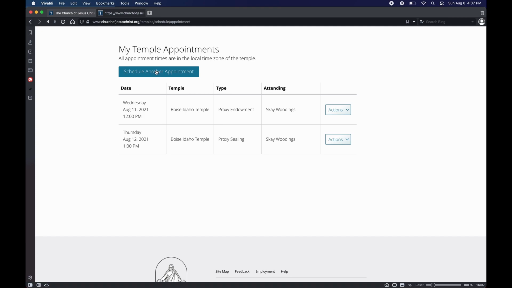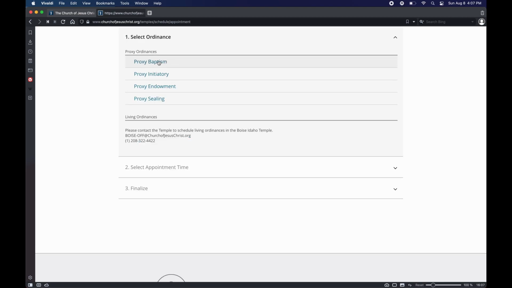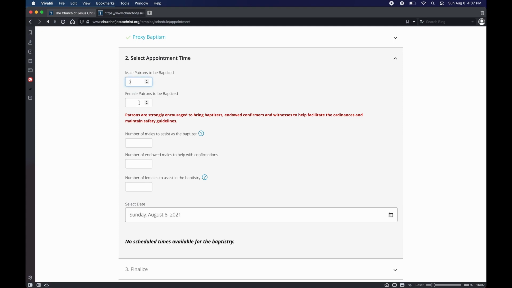If by chance you wanted to schedule a baptismal appointment, we'll select Boise Temple again and the proxy baptisms. This gives you the opportunity to tell how many males you are bringing to be baptized and how many females you are bringing to be baptized. And you're strongly encouraged to bring people who are able to assist so as not to use too many temple workers. So maybe we're going to bring 3 boys or 3 males and 2 females to be baptized,